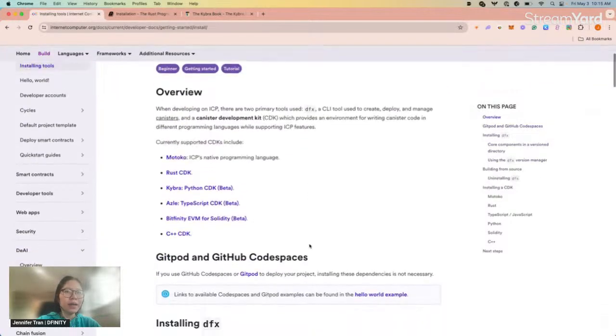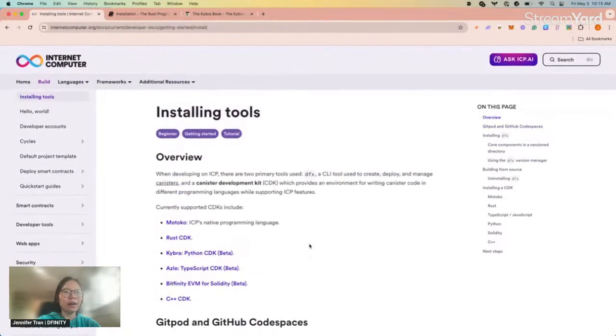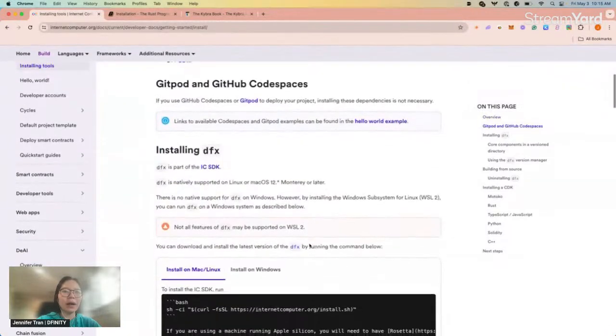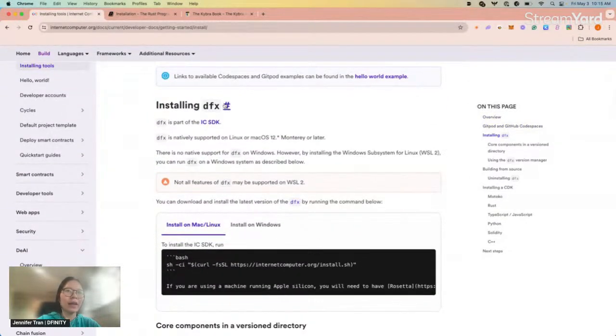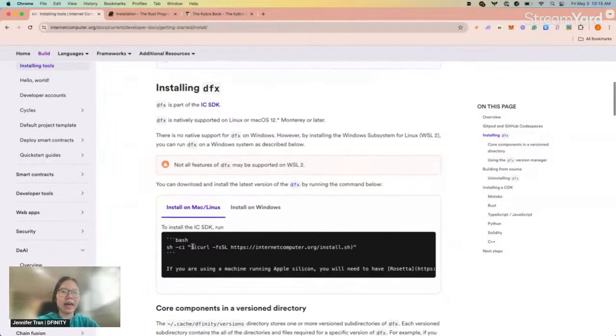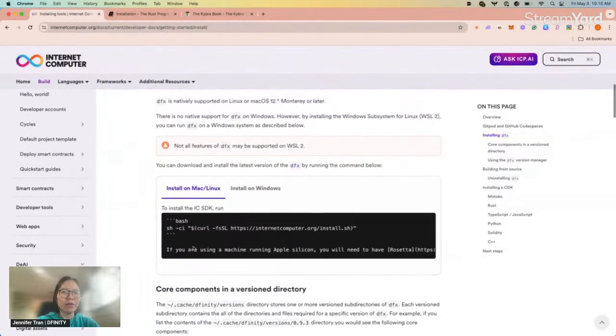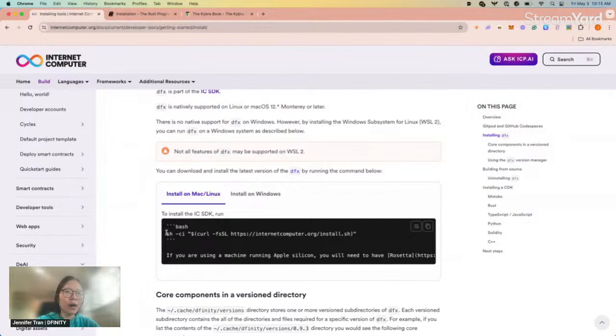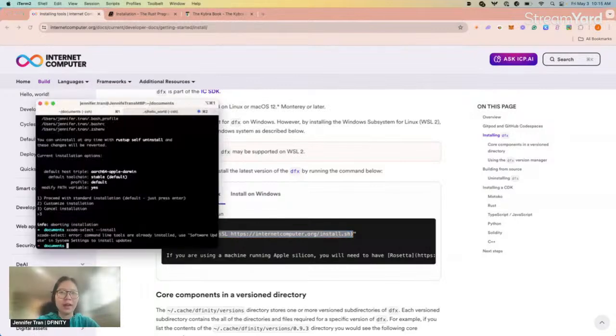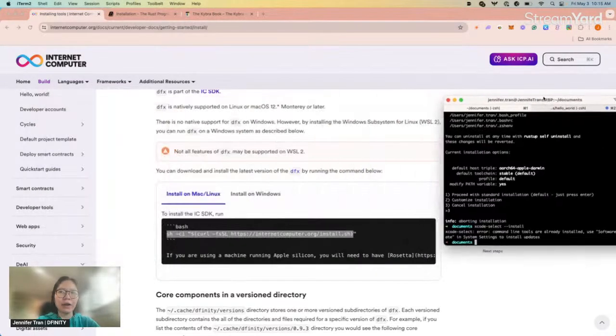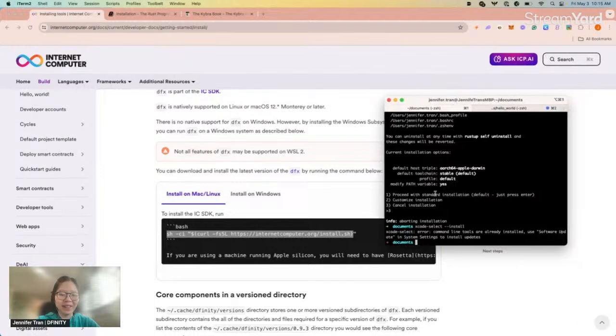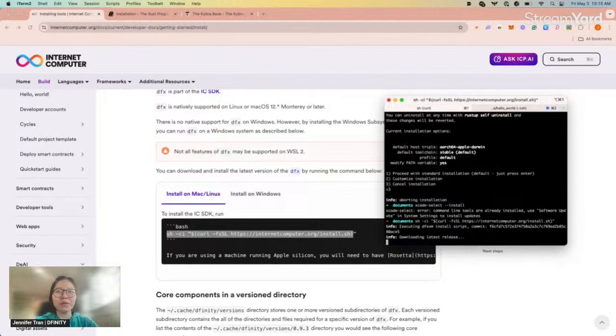There are different tools, but practically what we suggest you first run is dfx, which is part of the IC SDK. Here is the bash command for that. You would just run this in your command line. I also have this, so I'll get an error when I run this, but you shouldn't get an error; it should go through.